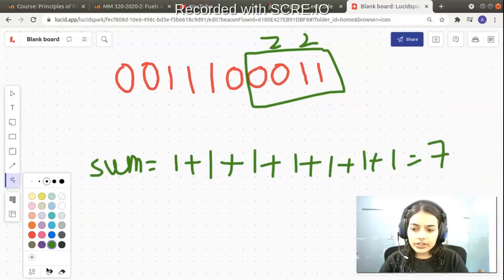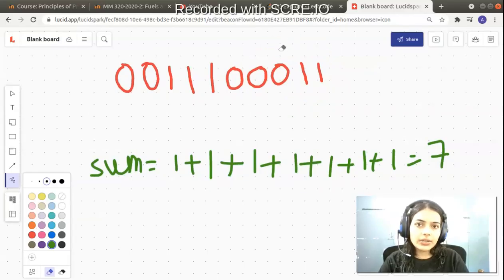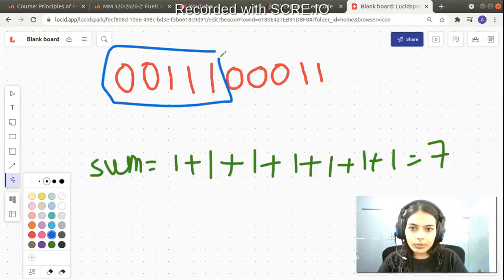But how do we reach this particular output? Let's see what we did in this process. We first found blocks of elements that are grouped together. Suppose this is one block and this is one block, and each is an entire block that is grouped together. The block grouped here has two elements. The block grouped here has three elements.